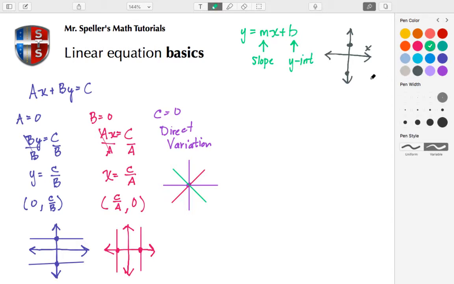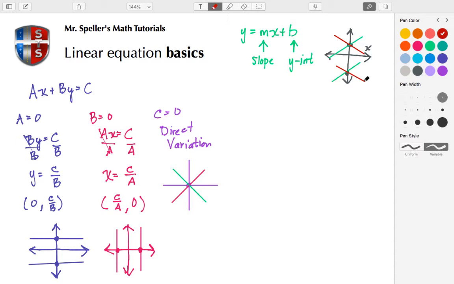So for example's sake, let's say that we had a positive slope. If we had a positive slope, the line could look like this if the b value were positive, or like this if the b value were negative. Again, the steepness of this line changes based on the slope. If the slope were negative, we'd have lines going in the opposite direction. But again, they'd go through that same b value. So we could have something that looks like this, or we could have something that looks like this.